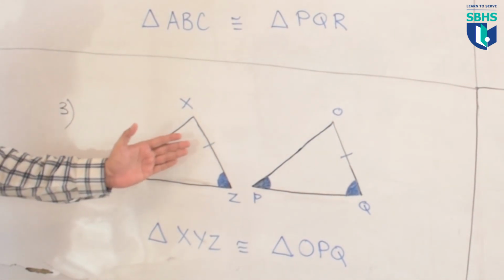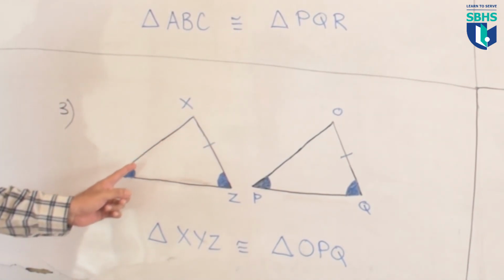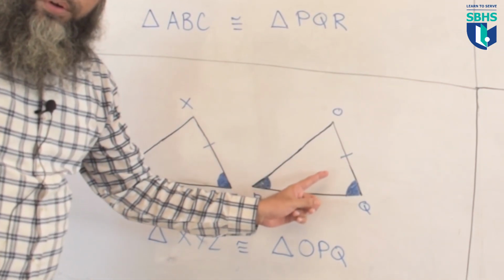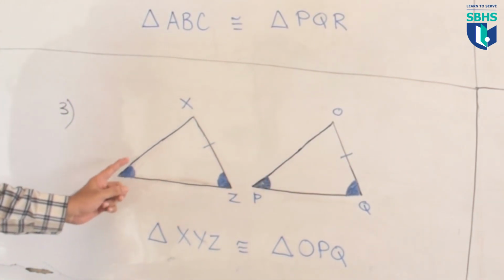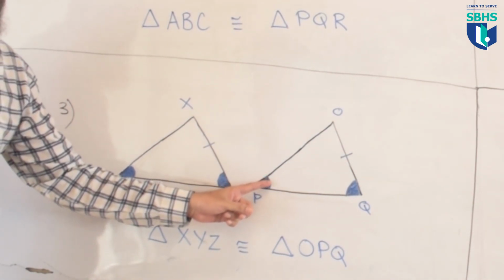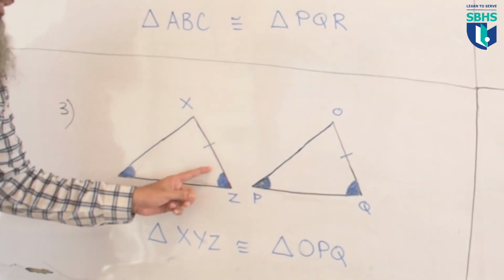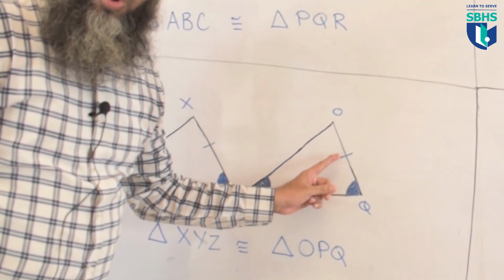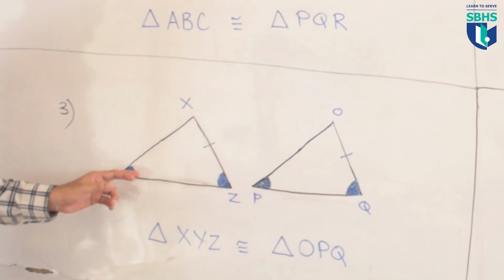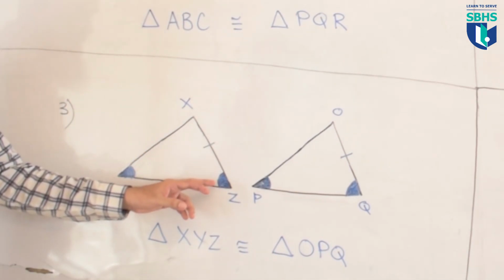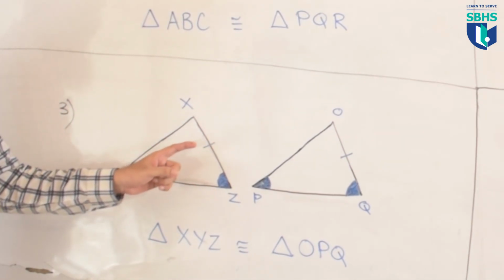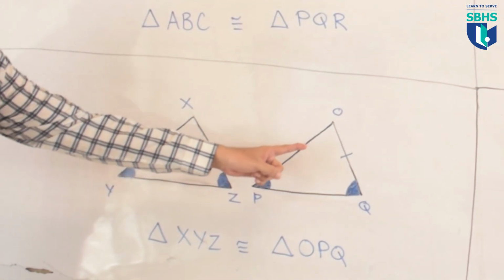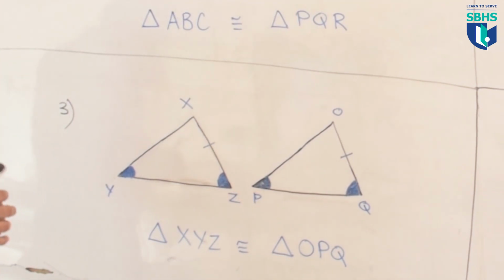Now, as you can see again in the figure, we have two pairs of congruent angles. We have two pairs of corresponding congruent angles in both the triangles, and there is a corresponding congruent side also. Again, two pairs of corresponding angles are congruent, including a corresponding side which is also congruent. So again,